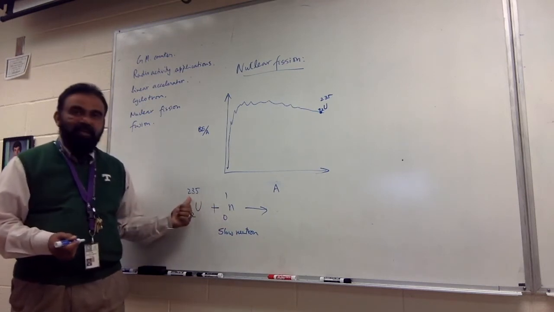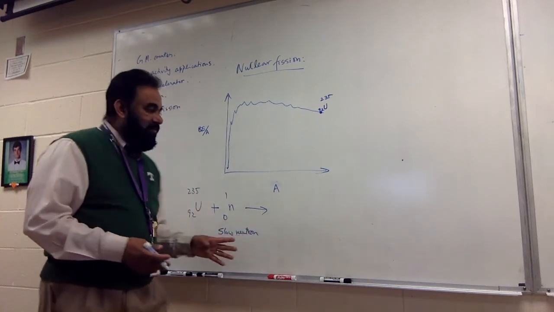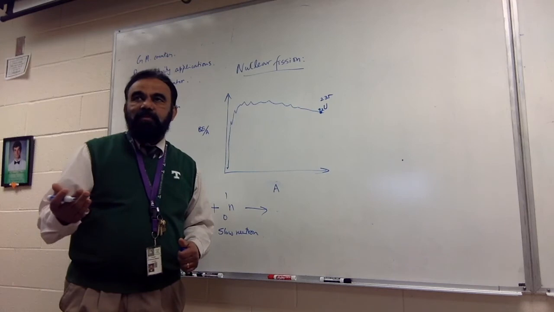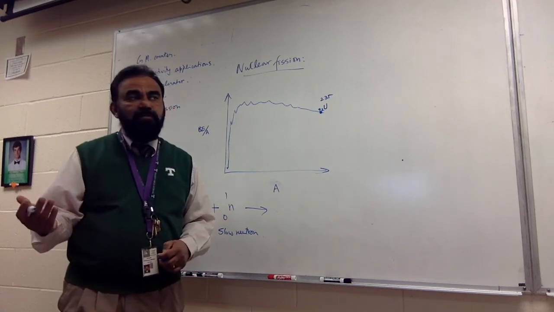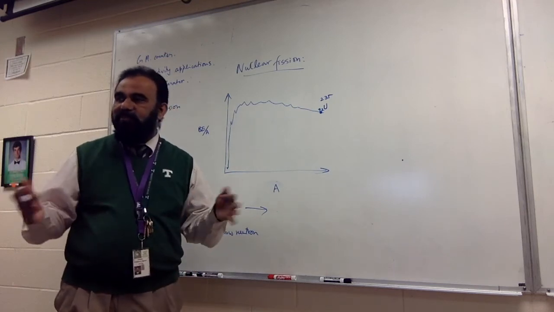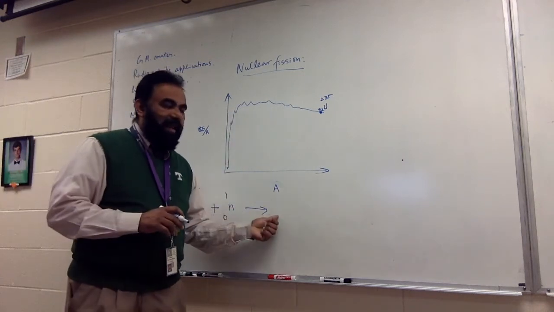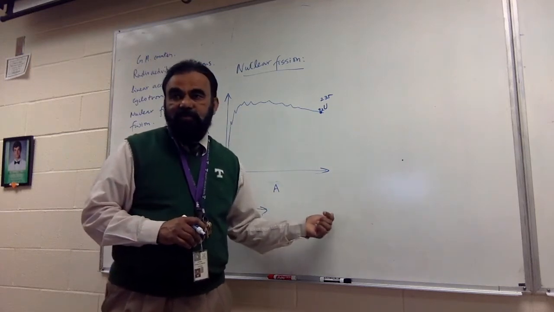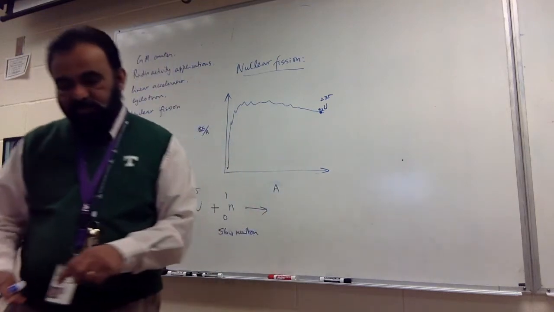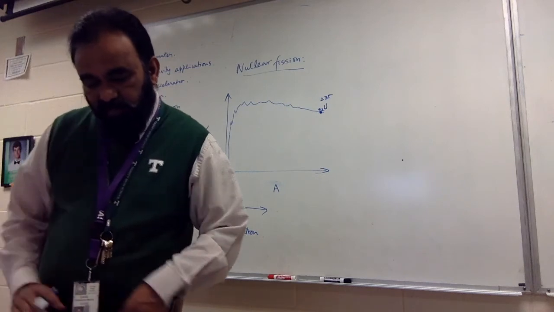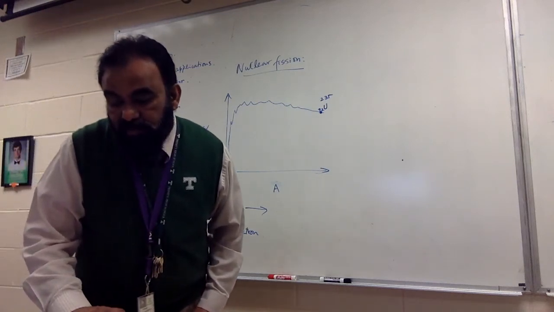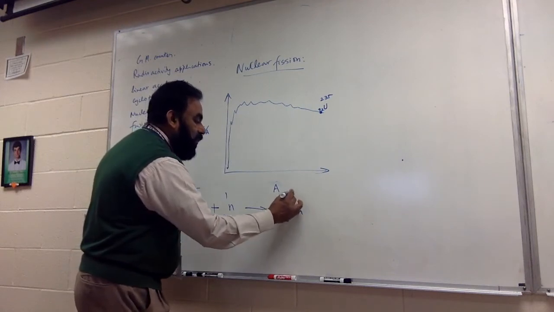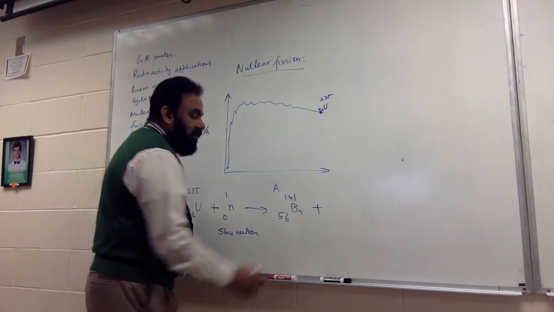When slow neutrons go and hit here, the products that are formed are sometimes lanthanum and bromine, sometimes barium and krypton. Products come out in different manners. Common products are lanthanum and bromine, or barium and krypton. But they'll be of roughly close masses. I'm just giving you an example. 56 barium 141. It's a radioactive substance. Plus